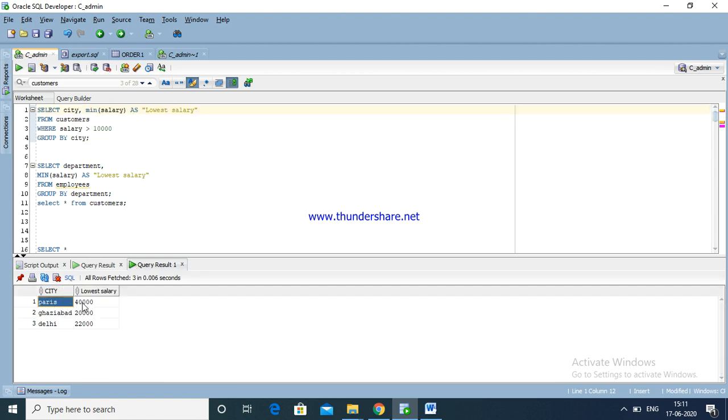See here, city, lowest salary. Department, Delhi 3. This way we are using the MIN function also.